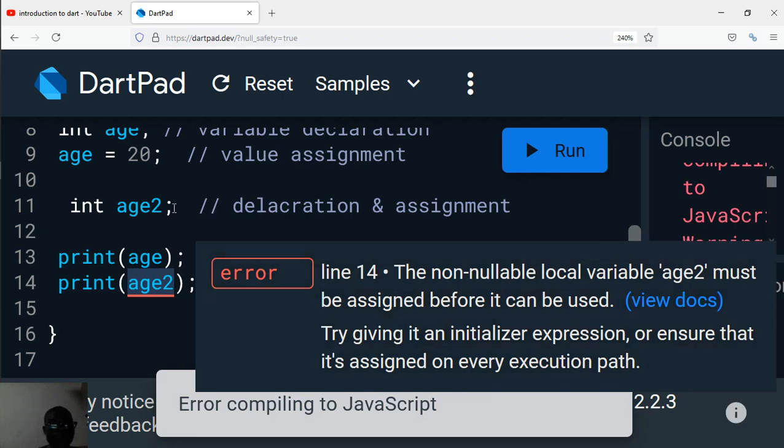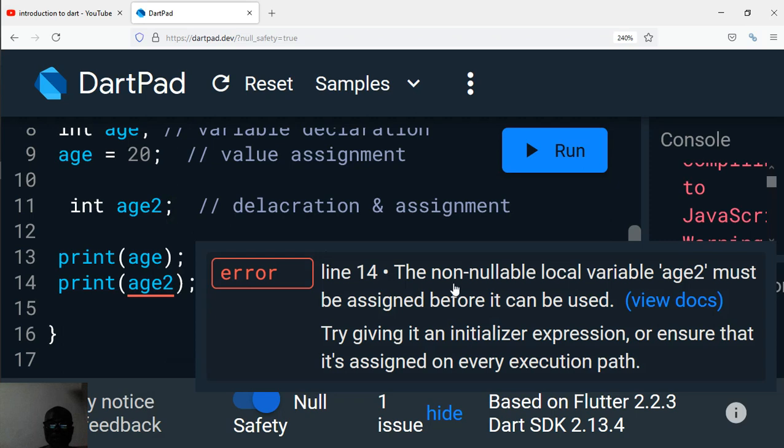You see we have got the error: the non-nullable local variable age must be assigned before it can be used. So when you declare a variable and you don't assign anything to it, the value will be nullable, right? Note it down very carefully. If this was a Java or JavaScript application, you would have seen that the output would have been null here. But